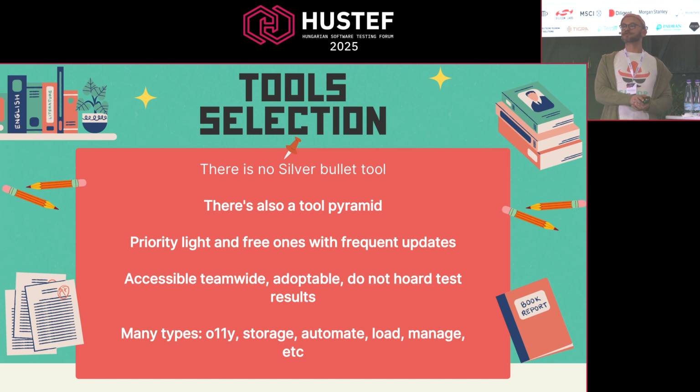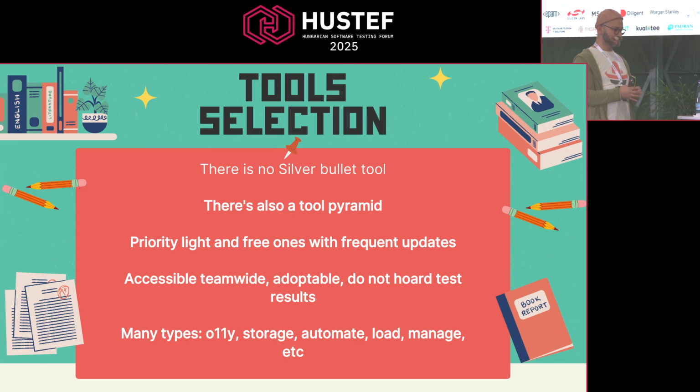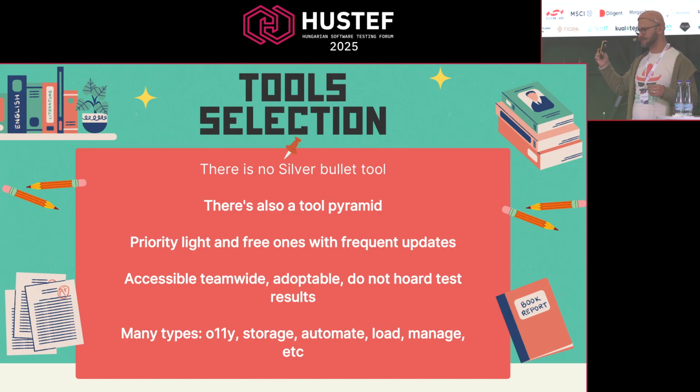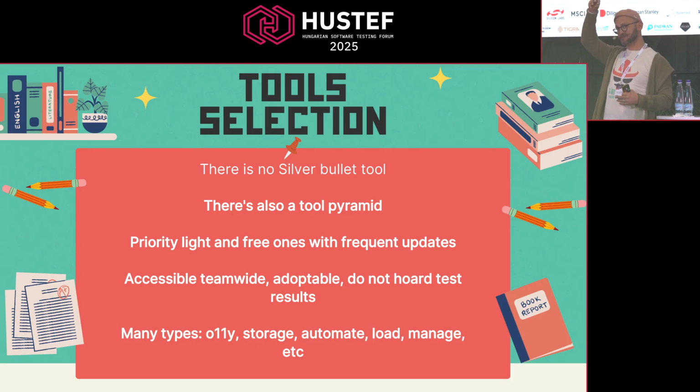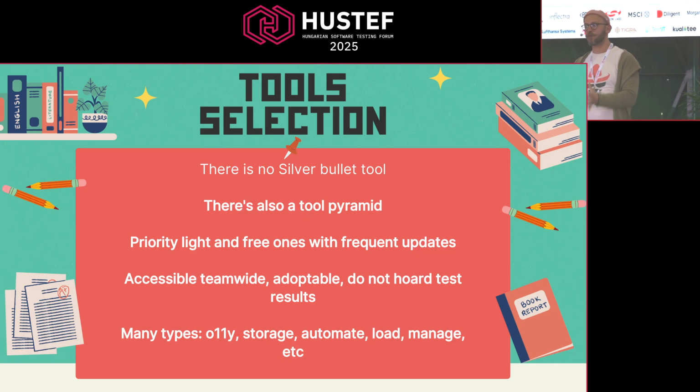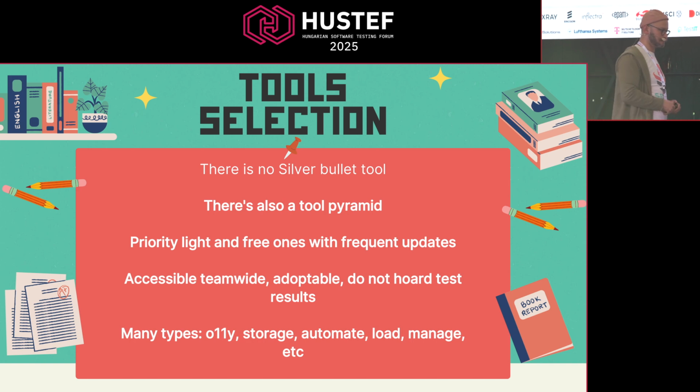Select the right tools, multiple tools. Do you think that Batman only had one thing in the belt? That's why he had multiple tools for each situation, each case. You should have the same. You shouldn't focus only on one tool. I am thinking of a pyramid also for tools. Lighter ones at the bottom, have lots of them. The paid ones, the expensive ones at the top, the sacrifices, have one or two for those specific cases when you are willing to pay that much.